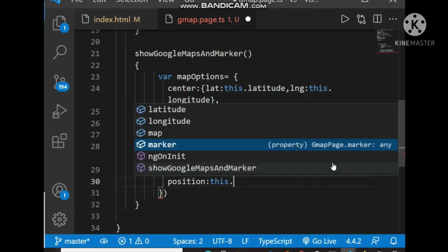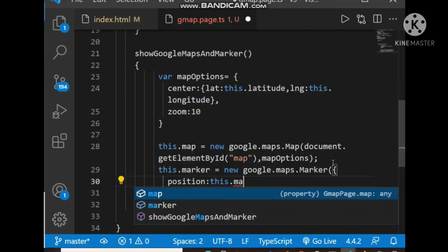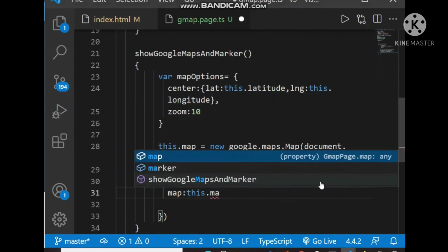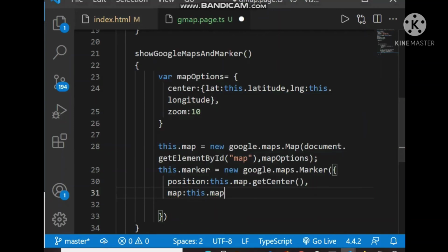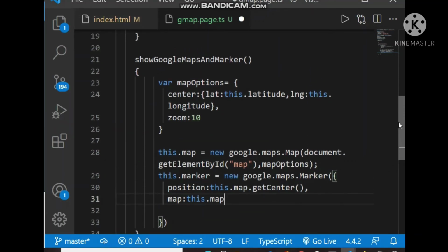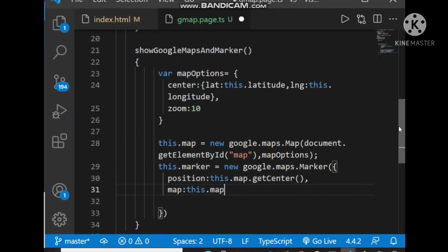So this dot map dot getCenter. This will return the center and assign it to the position of the marker. And on which map you have to plot the marker, so we have to define the map, this dot map. So it will plot the marker on the map. So everything is finished in the TS part, map plotted, marker plotted.